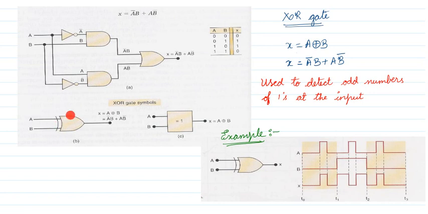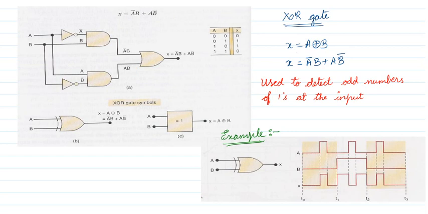It is represented by A bar B plus A B bar. So what I'm doing is A bar and B are multiplied. Here A is coming, B bar is coming, and this is also multiplied. Then I am making the OR operation. So this is the entire digital gate behind the XOR gate.